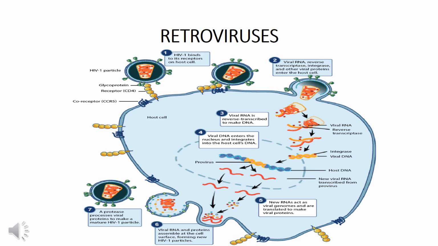Here is another important family of viruses, which is known as the retroviruses family. The retroviruses family is a family of RNA viruses. Their genome is composed of RNA, usually a single stranded RNA, but with positive polarity. It means the retroviruses contain positive sense RNA, but their mechanism of replication is different from the other positive sense RNA viruses. So let's discuss what happens in case of retroviruses after attachment, penetration, and uncoating